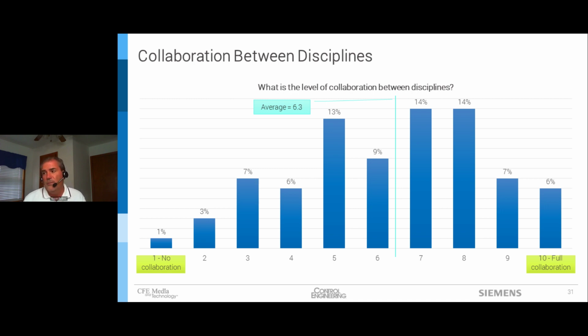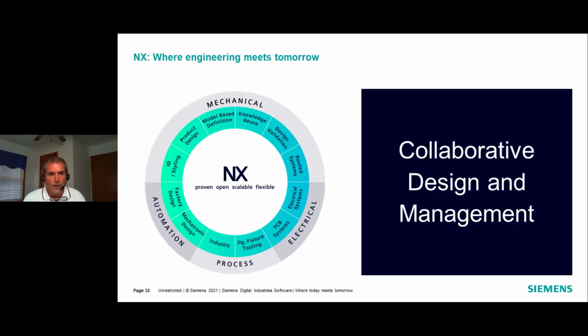But if we look at it, there's only about 13% that are at 9 or 10, so there's always room for improvement with collaboration. So really, how can we help with collaboration between disciplines? Collaboration across engineering, manufacturing, and services operation is connected to industrial IoT. By leveraging the Siemens Innovation Platform, collaboration between traditionally disparate groups is increased due to the transparency, and efficiency and quality are increased by being able to provide the right information to the right group at the right time.